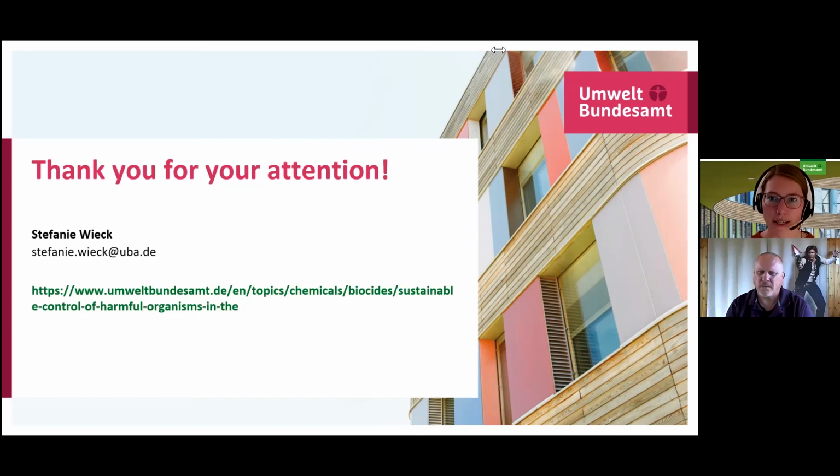So if we can make the environment, the sewer system or houses or food production facilities rodent proof, to prevent rodents from thinking, oh, it's very nice to live here, I would like to have my babies here, we don't need rodenticides at all. So we have a town in Germany that is putting a lot of effort in sewer reconstruction, for example, and they don't use rodenticides in the sewer system at all. And other cities put a lot of anticoagulant rodenticides in the sewer system to control the rats.